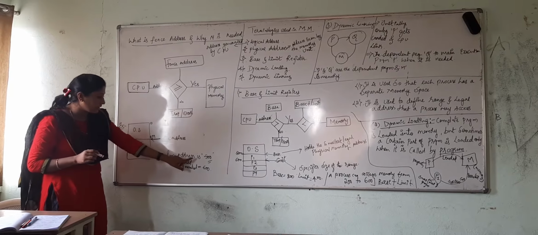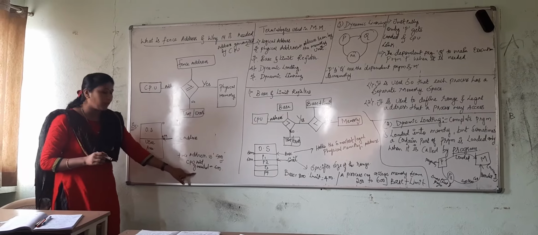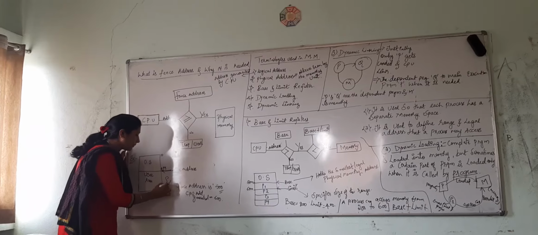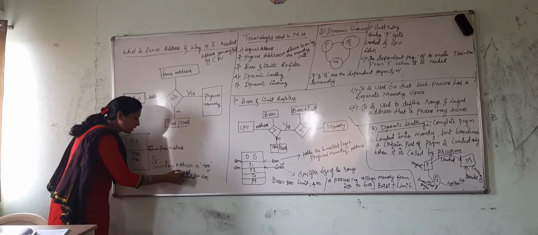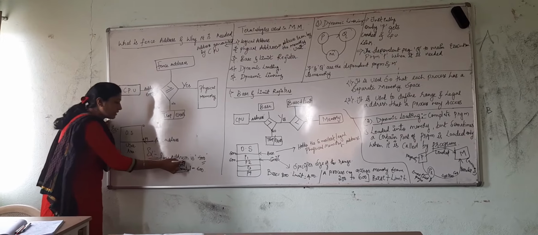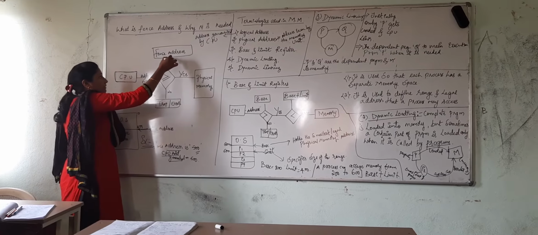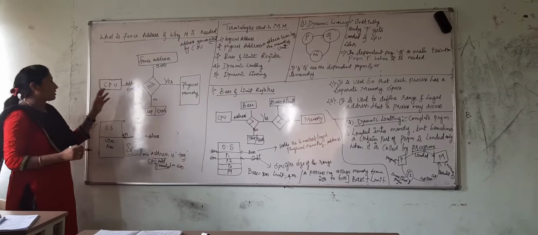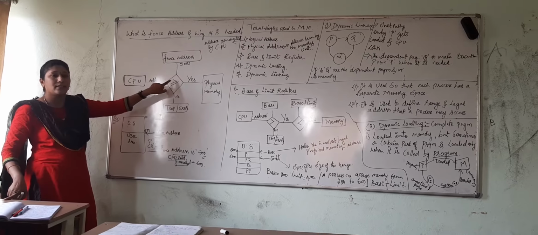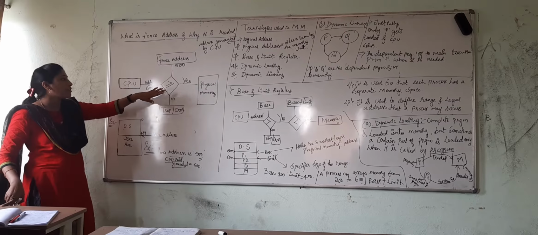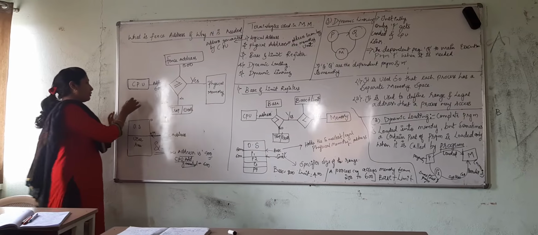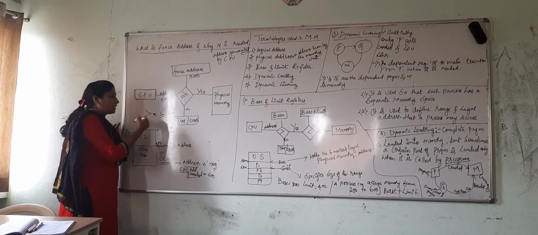right? I have written the fence address is 500 and the CPU address generated is 600. This is just an example that I have taken. Let us consider the CPU generated address is 600 and the fence address is 500, right? Now let us compare these by using this condition, which should be either greater than or greater than or equal to. It is not compulsory that it should be greater than or equal to; either of them.